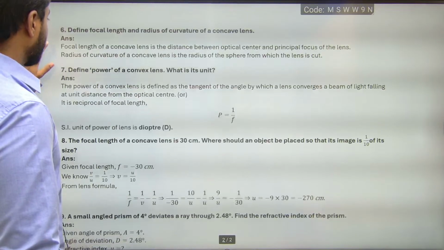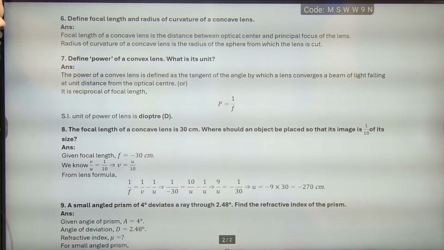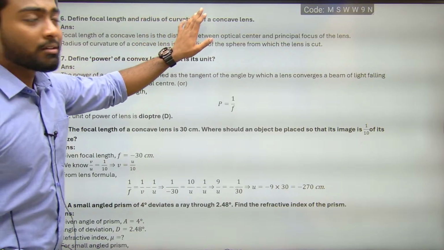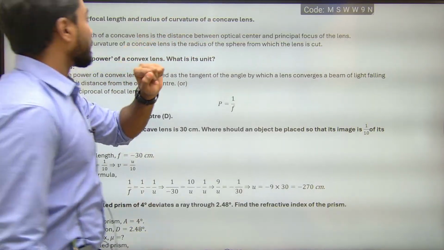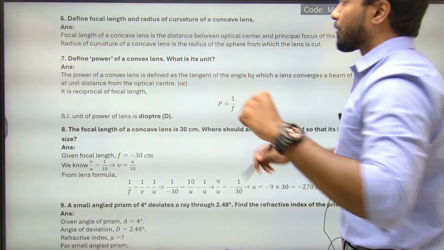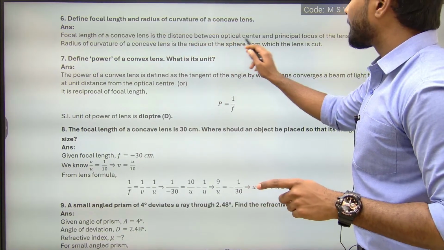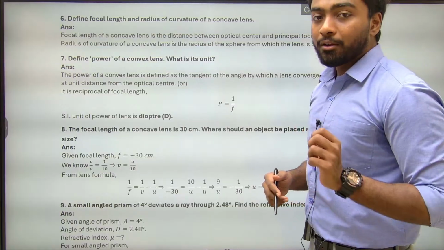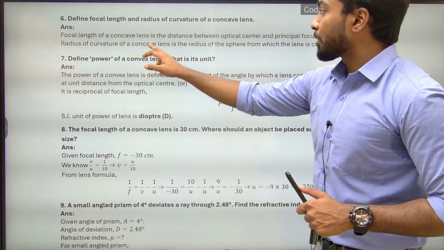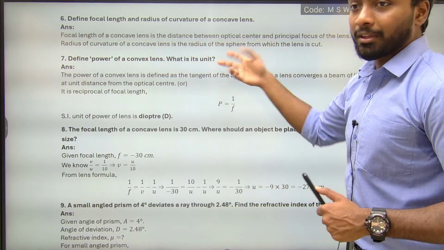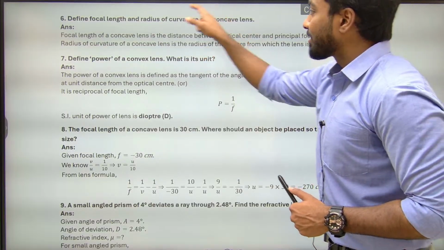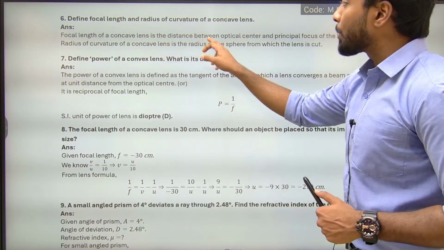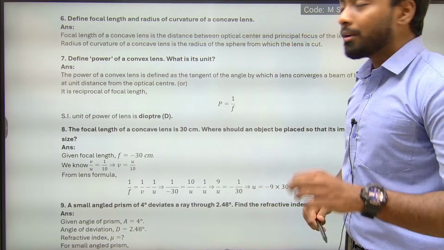define focal length and radius of curvature of a concave lens. So radius of curvature is nothing but the radius of the sphere. And focal length of a concave lens is the distance between the optical center and the principal focus. And radius of curvature of a concave lens is the radius of the sphere. That's the thing we have talked about. It is the radius of the sphere, and focal length is the distance between the optical center and the focal point,